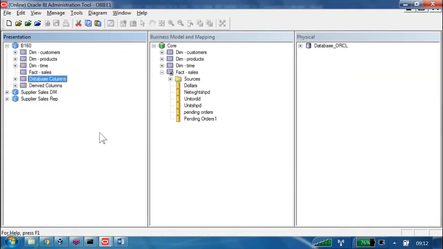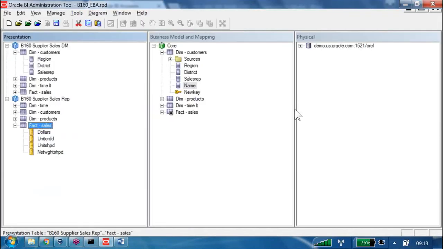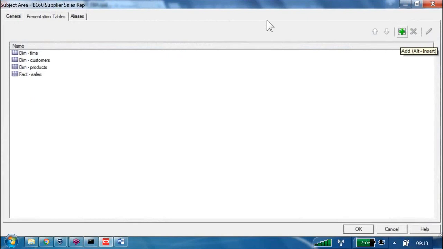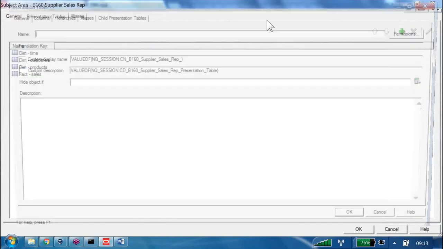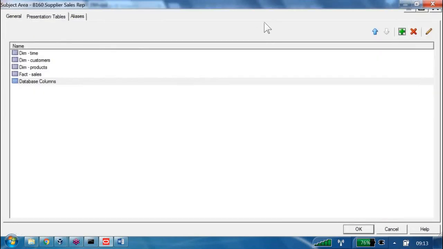Okay. And whatever changes I did, right? This is online mode. I did some other batch RPD. Let me do the same changes in our case. So I want here in the repository to create here what? Why I did the online mode is I want to show the result immediately. If I create here, I cannot show the result immediately, right? That is the reason I did that chapter online.